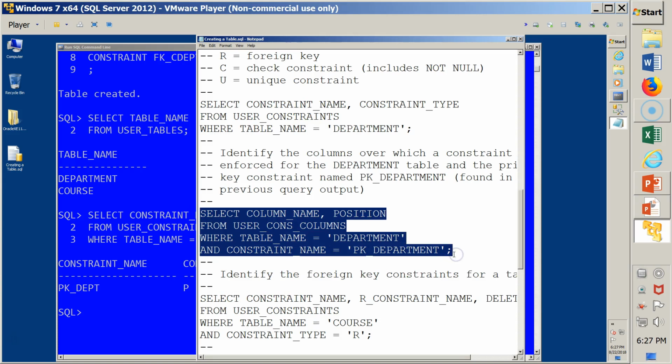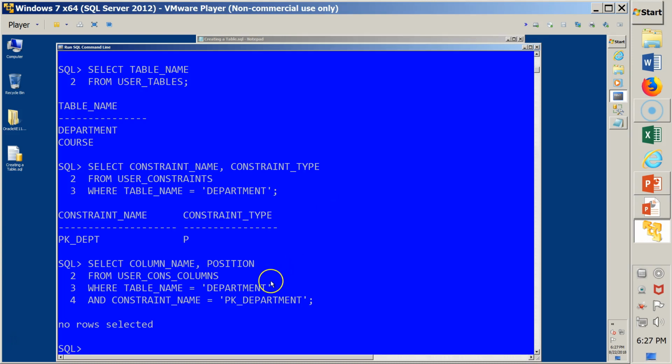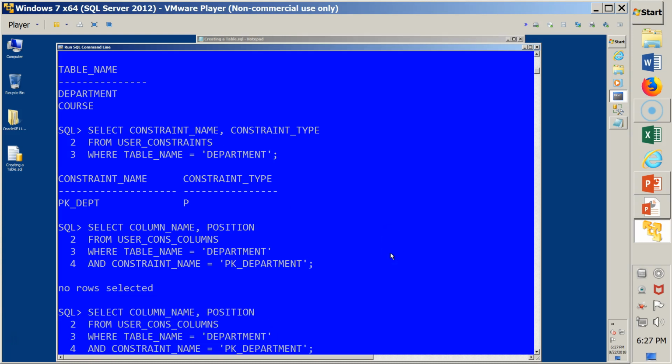I'm going to take this additional query and fire this up, and I actually made a mistake in what I ran here, so we'll fix it. I'm selecting the column name and the position from user_cons_columns, where the name of the table is department, and the constraint name is, well, that's not the name of the constraint. We just saw it was PK_DEPT. So let me quickly remedy this little situation, and we'll simply call it PK_DEPT. And now we fire it up,